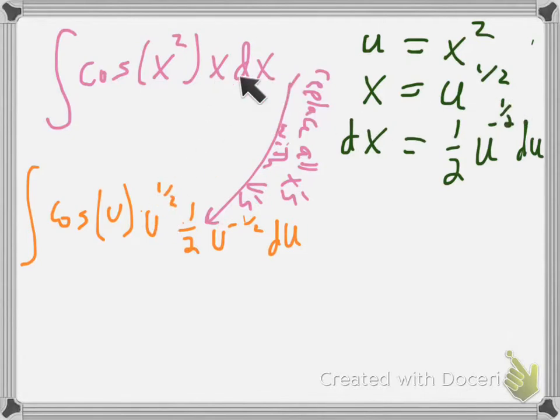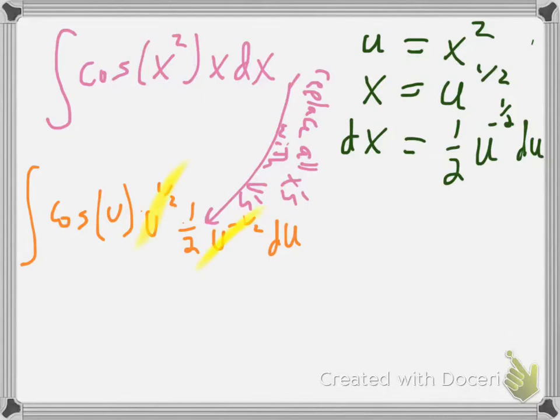But then we also have the dx here. This is the thing that students often forget. They go, oh, well, dx, I'll just write du instead. But dx is actually 1/2 u to the negative 1/2 du. So when you replace the dx, you've got to write all of this right here. So that's where all of this came from. So cosine u to the 1/2 times 1/2 u to the negative 1/2 du,